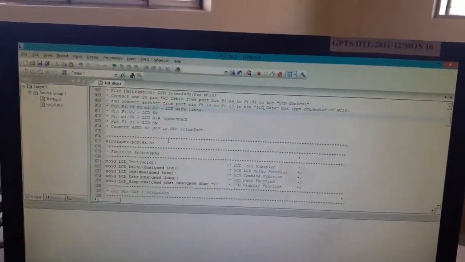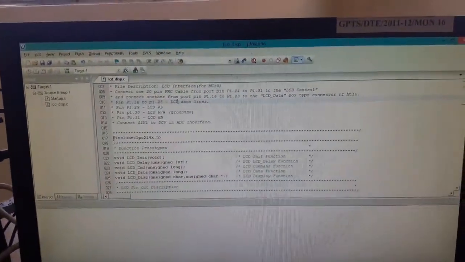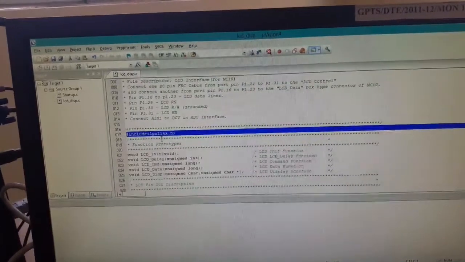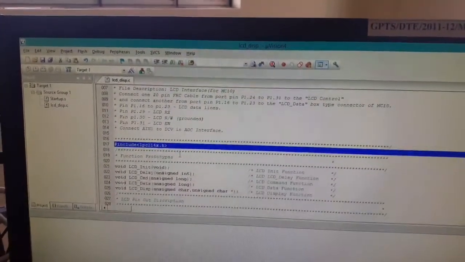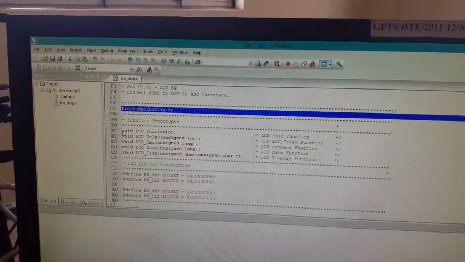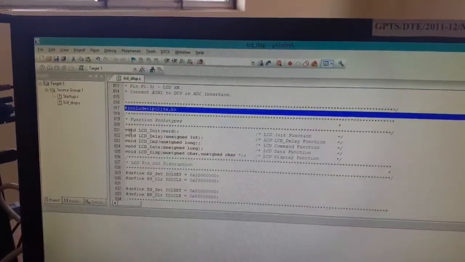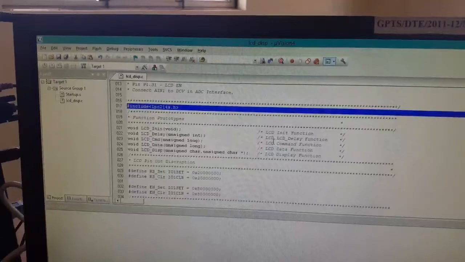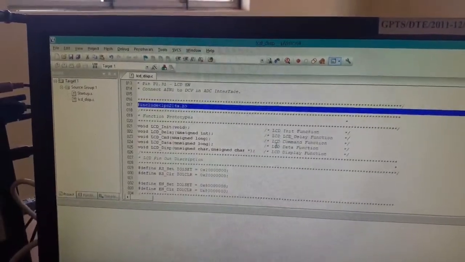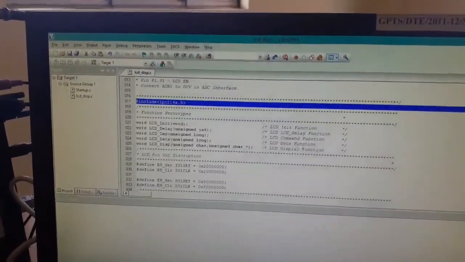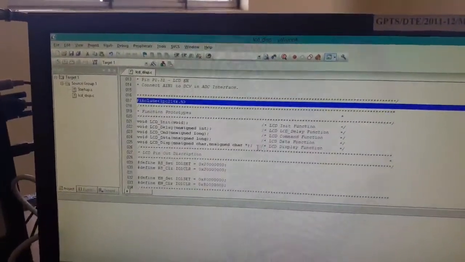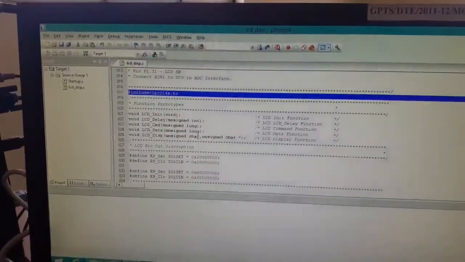Let me explain briefly about the program. Here the main #include lpc214x.h includes the header files, and here we have written function prototypes. One is for the LCD init function, one is for the LCD delay function, one is the LCD command function, LCD data function, and LCD display functions with all the parameters.